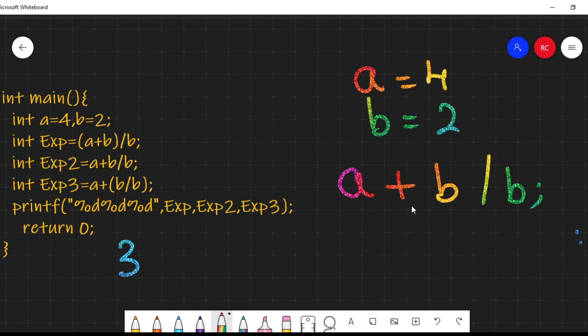Remember, even though associativity is left to right, precedence also matters. Precedence or importance of division is higher than addition. Since precedence of division is higher than addition, your compiler basically puts a bracket in these division steps by itself. That is what it does. It puts brackets in these steps automatically. So when it does that, you basically get A plus bracket of B by B,